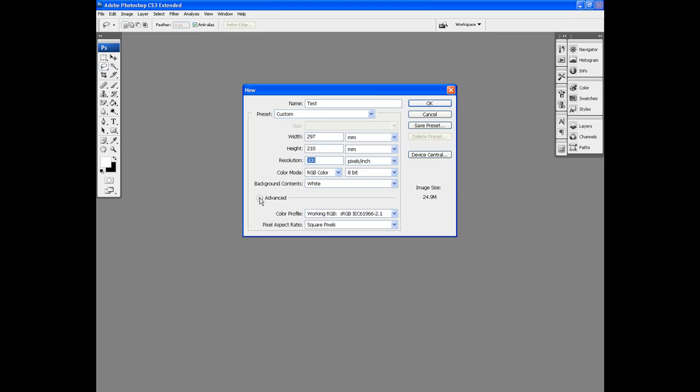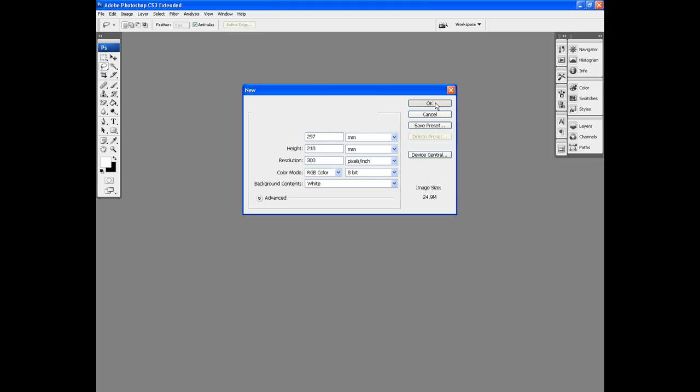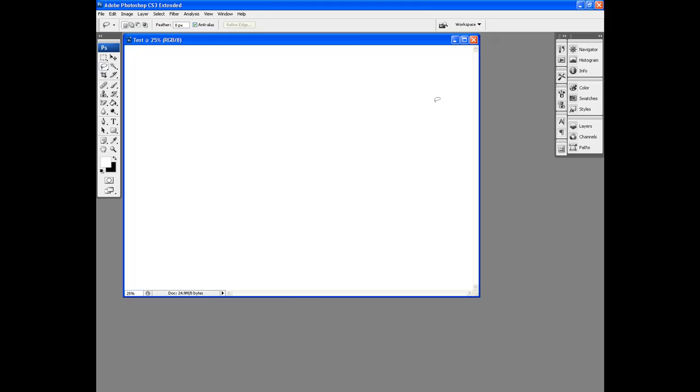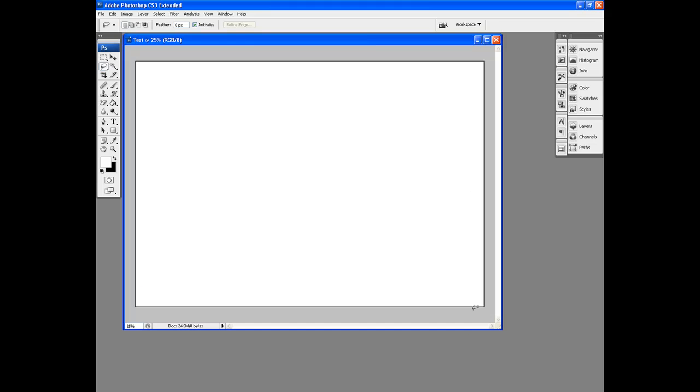Once you've done that, just click OK. And there you have your page. In the next tutorials we'll be looking at the toolbars,